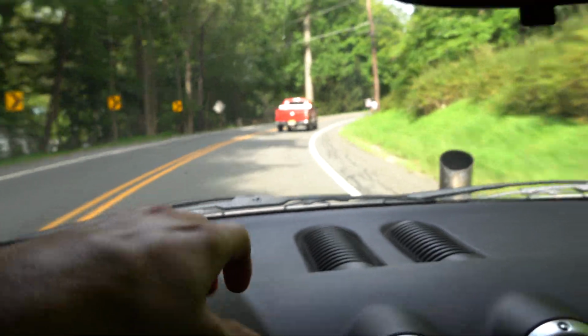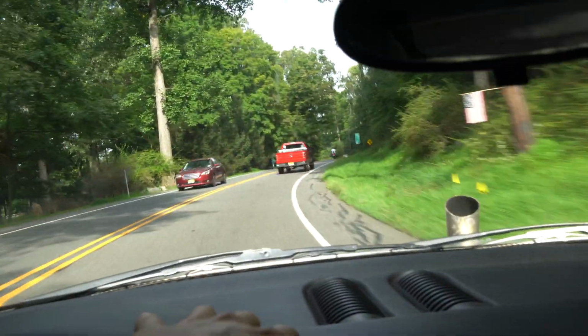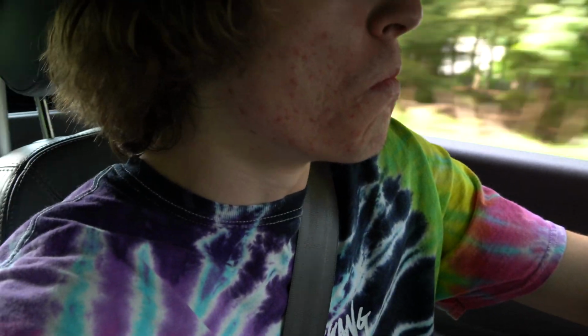I mean, look at Joey's driving skills. Look how he takes those bumps. Yo, it's so zoomed in. So we're in convoy right now. Joey's behind this motorcycle and I'm having the time of my life. That just makes me smile. I don't know how you guys feel about the burbles, but...